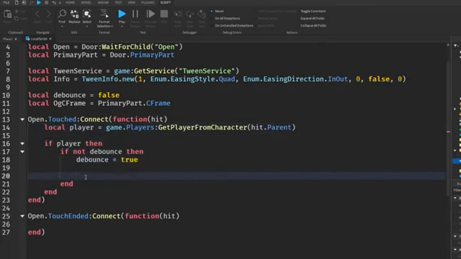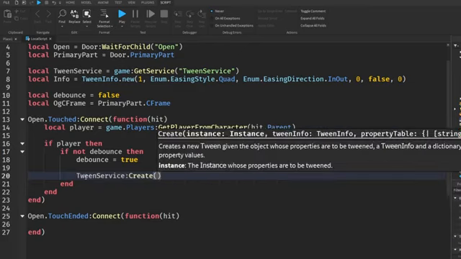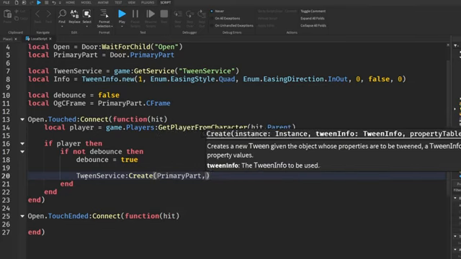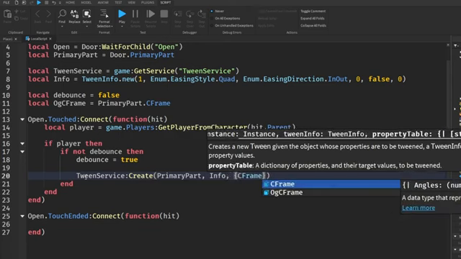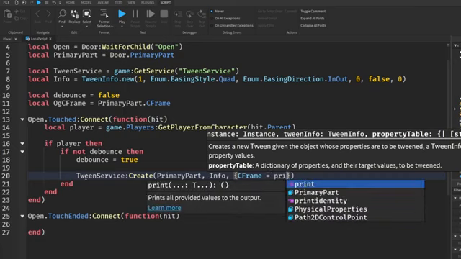Alright, so I'm going to show you guys how I'm going to go about actually opening the door. And we are obviously going to be doing this using tween service, as I've already said. So it's just a basic tween by saying TweenService:Create on the primary part. We're using our tween info. And then how we are doing this is we are setting the CFrame of the main door to itself,